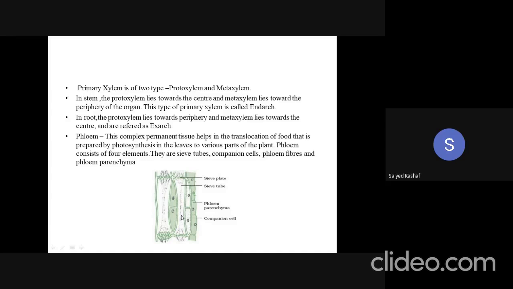The sieve tube elements are also long tube-like structures arranged longitudinally and are associated with the companion cells. You can see now the companion cells are specialized parenchymatous cells which are closely associated with sieve tube elements, and these sieve tube elements are connected with a common longitudinal wall. This sieve tube and a companion cell share a common longitudinal wall, whereas this phloem parenchyma is made